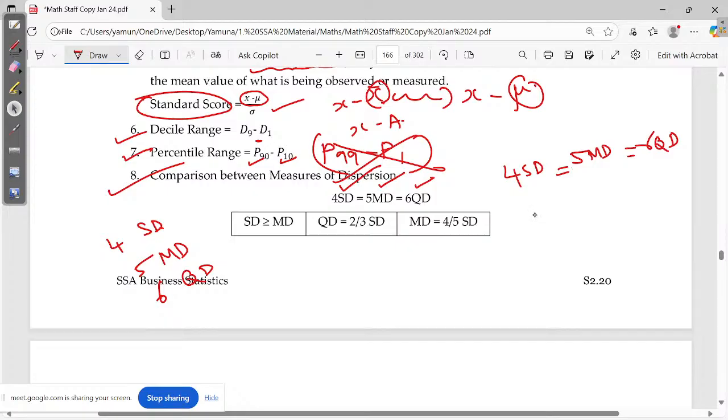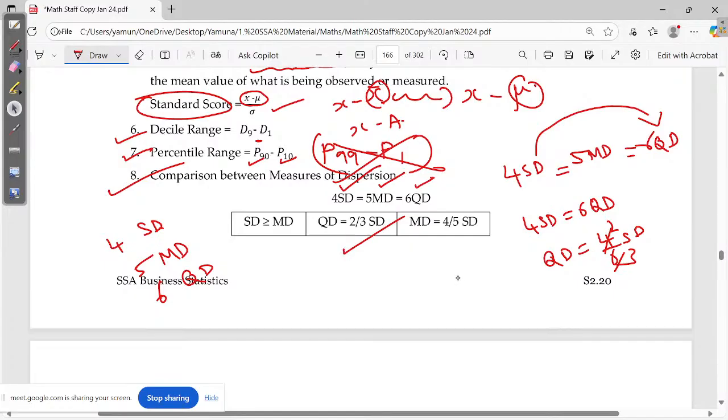Now I want only the relationship between standard deviation and quartile deviation. Which means 4 SD is equal to 6 QD. I want QD alone, so what can you do? 4 by 6 SD, which is nothing but 2 by 3. So you got it. I want the relationship between mean deviation and standard deviation. So 4 SD is equal to 5 mean deviation. I want mean deviation from standard deviation: 4 by 5 standard deviation. So in the question, if standard deviation is given and you are asked to find mean deviation,